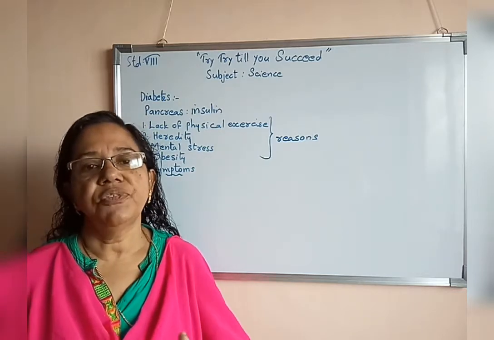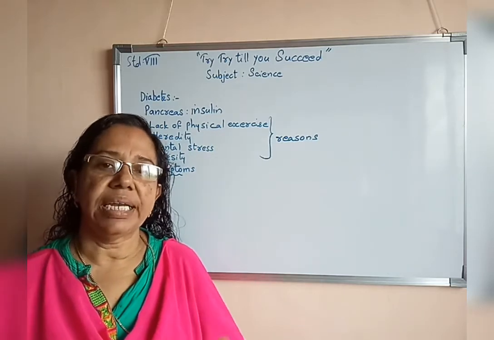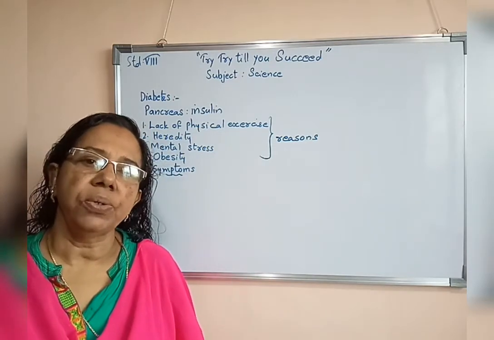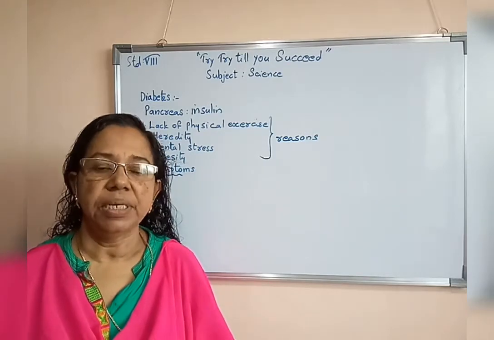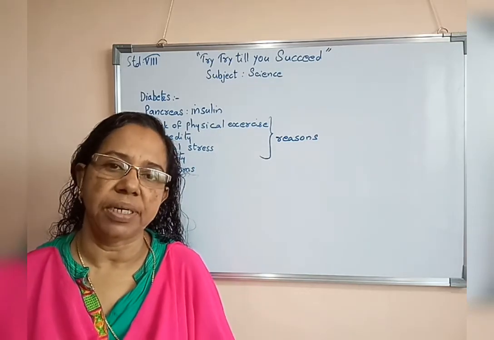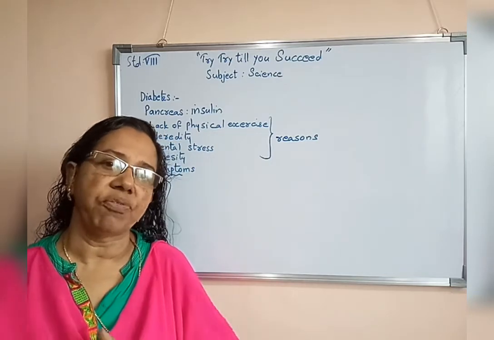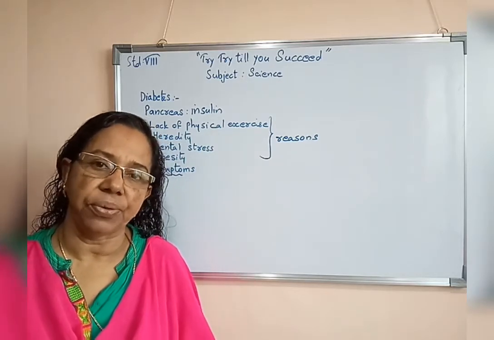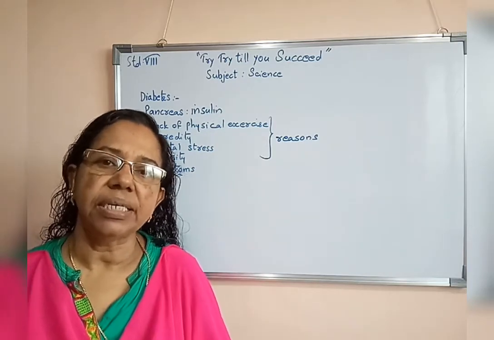Now, for that some medicines are available in the hospitals. So for a cure, either we have to take medicines, or we have to do exercises and consume proper food items. Any food item we take cannot fit such people. So we have to take the type of food items the doctors suggest. One thing. Second thing, we have to take enough exercise. Even we have to take the medicines prescribed by the doctor.